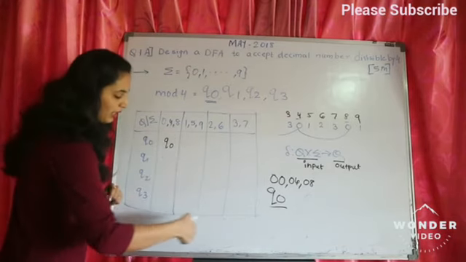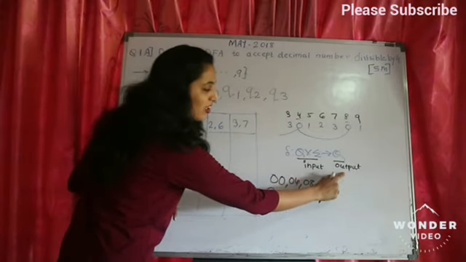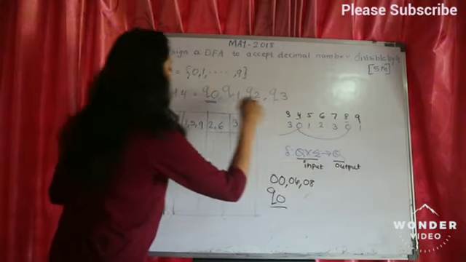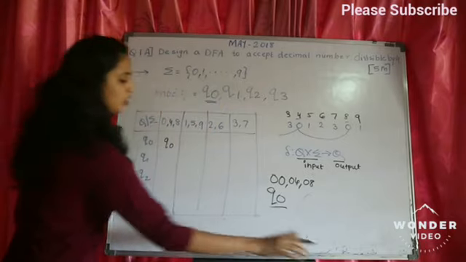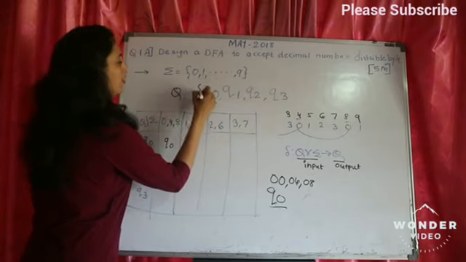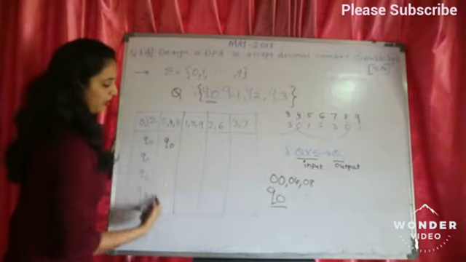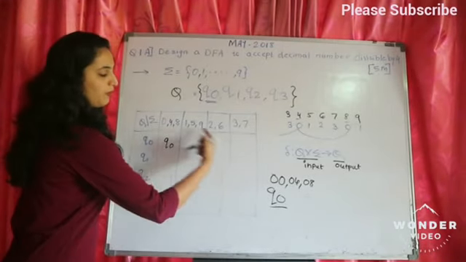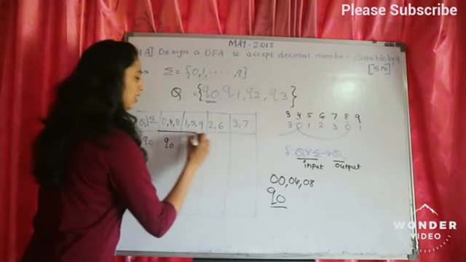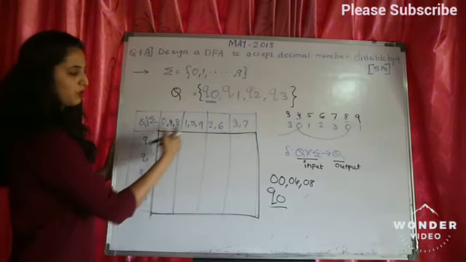What I'm supposed to write inside this is nothing but my output. And what should the output be? Anything from Q. What is inside your Q? Inside the Q we have the set of states, Q0 to Q3. So in this table, this particular portion will have only the output, that is, the states from Q0 to Q3.